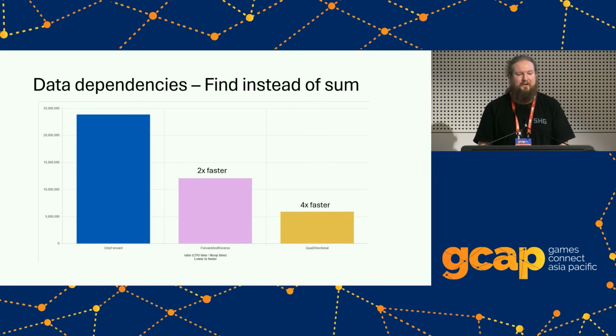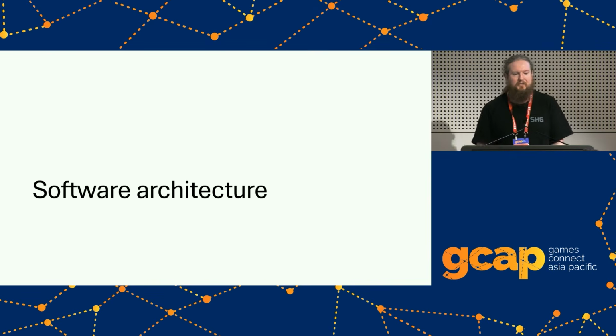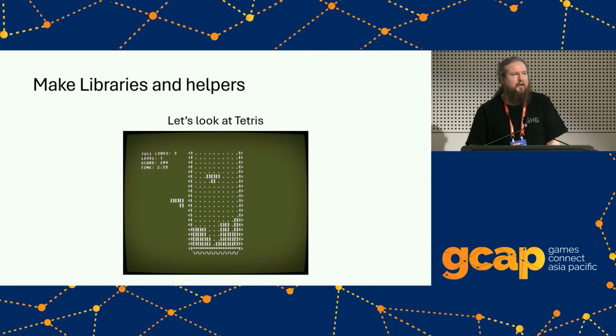So that's enough on the performance side of things. I'll jump now into some software architecture. One thing I commonly hear people say is, how do I test games, or it's really hard to test a game. It is. So one thing I like to approach if I'm testing something is build out libraries and helpers, because libraries and helpers are much easier to write a unit test for. I don't need my whole game spun up. I don't depend on some other functionality that someone's written for the game to launch for me to get anywhere.